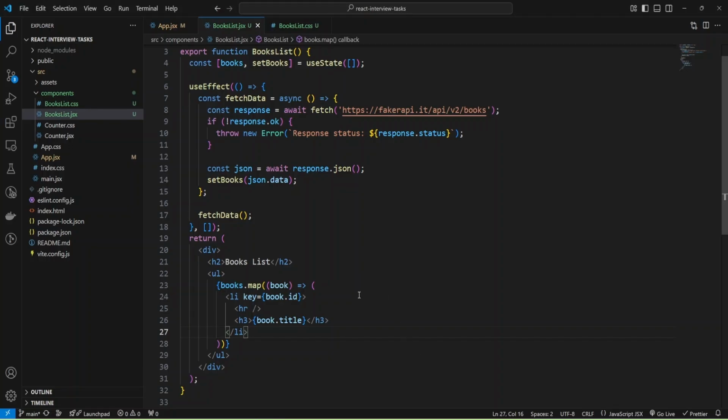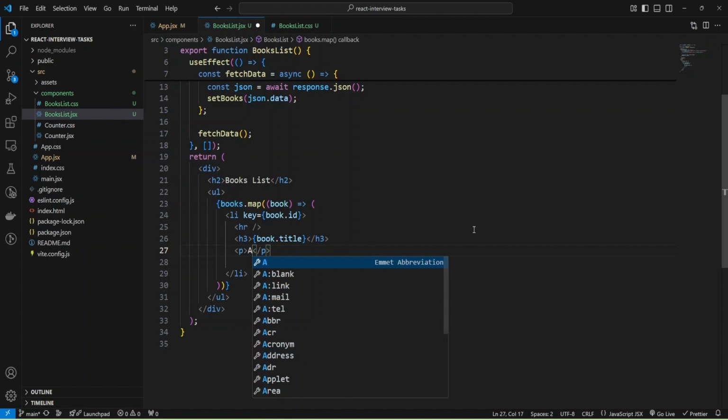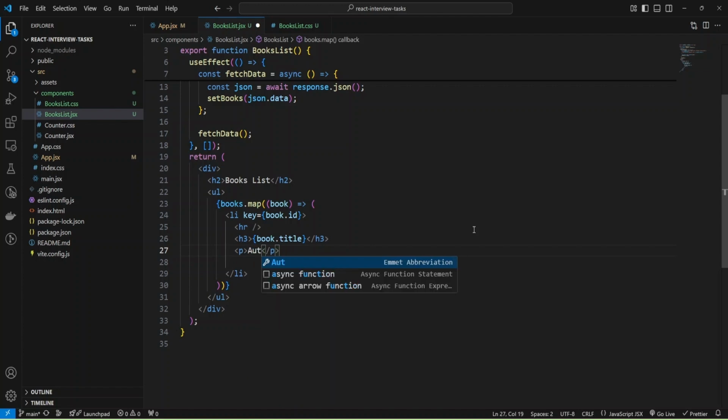I can build my JSX further, and also provide more details like a paragraph. Let me add a paragraph. Okay, and I'm going to provide author.